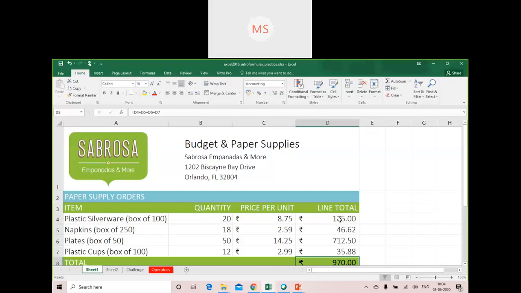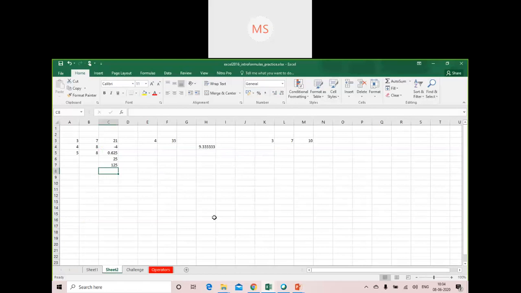Now suppose you want to make use of some formulas by using the combination of cell references as well as numbers. Like here in E8 I am entering 150. Okay, the cell E8 consists of 150 as a number, and here in F10 I want to calculate its percentage.